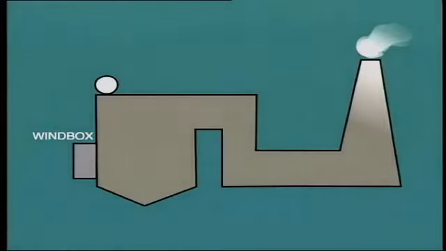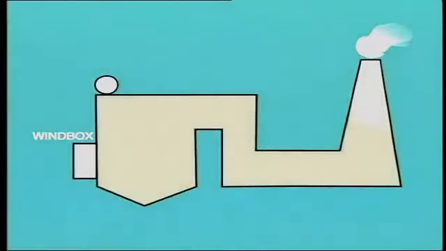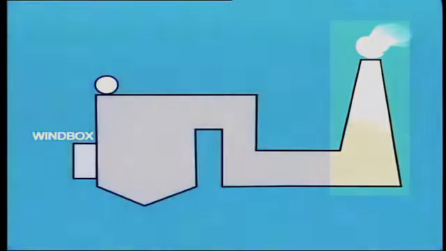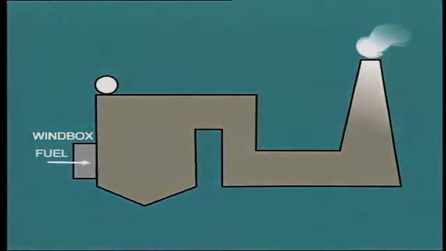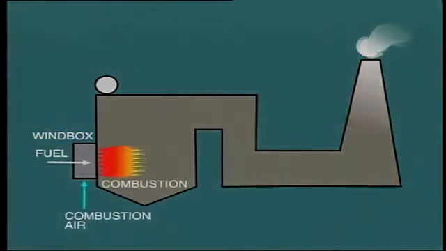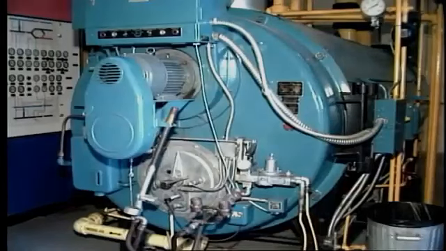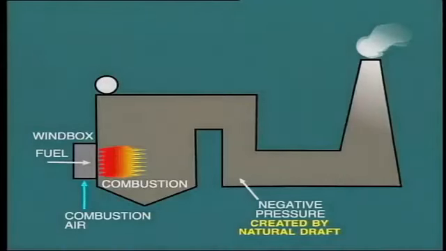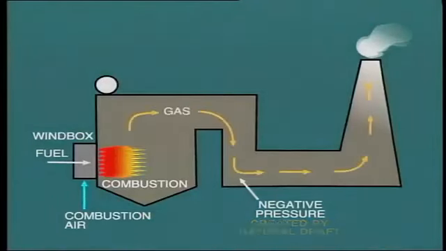But in order to complete our study of boiler construction, we should take a look at the supply of air to the boiler and the means of extracting gases from the boiler. The very basic fundamental of boiler operation is that we must provide fuel and air for it to burn. On small boilers, air is sucked into the furnace from atmosphere. The negative pressure in the furnace is created by natural draft from the chimney. Hot gas rises up the chimney by natural convection, thus drawing a slight vacuum at the bottom of the chimney